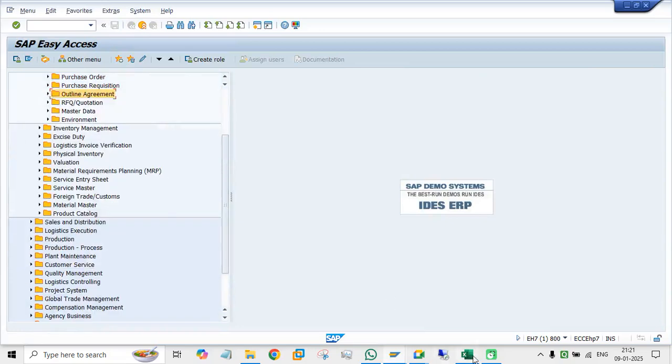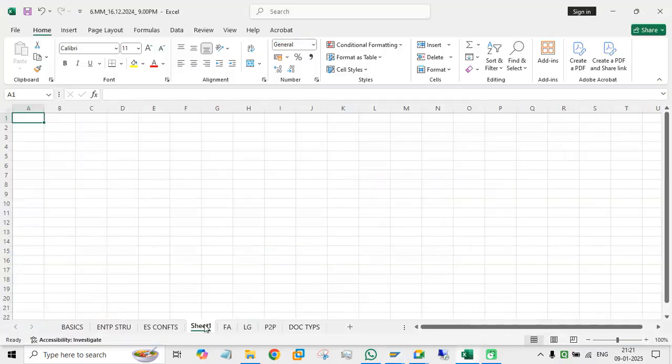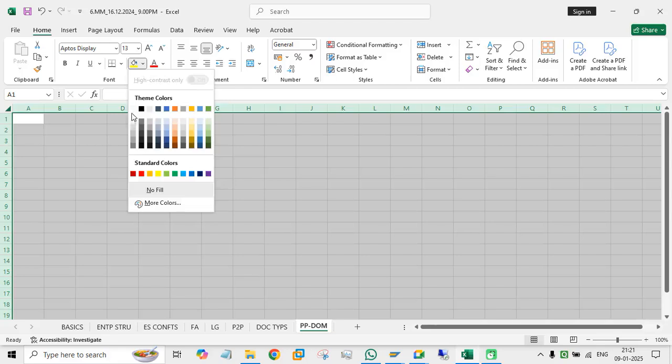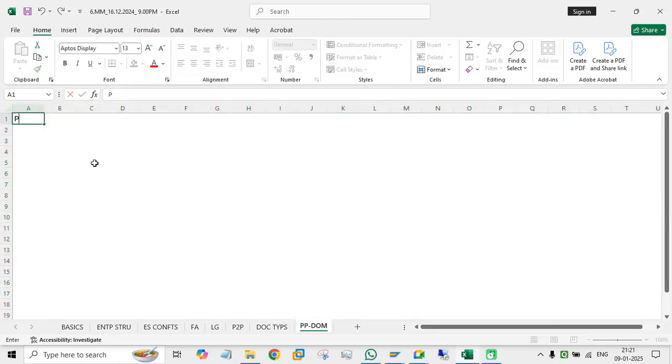So the next important concept will go to pricing procedure domestic. First we will move on to that. So what do you mean by pricing procedure here? Why we have to do pricing procedure? Pricing procedure